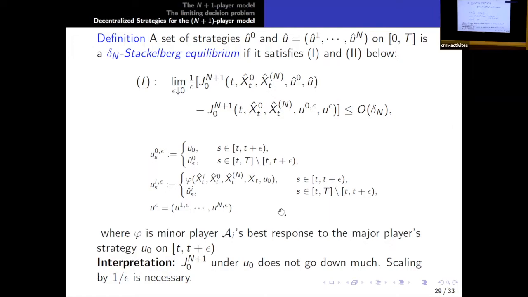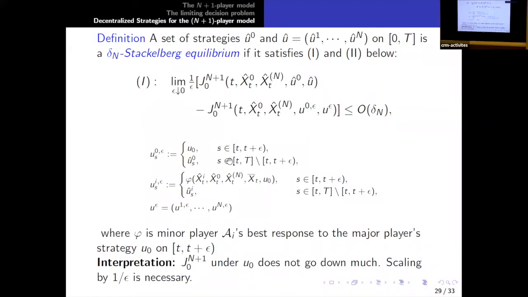And in the calculation, we must introduce a scaling. That means for this difference, we need to scale up in order to see useful information. Otherwise, when you do perturbation on such a short period, the difference is almost equal to 0. It's trivially true if delta n is small. So if you scale up in the end, you can get non-trivial information.